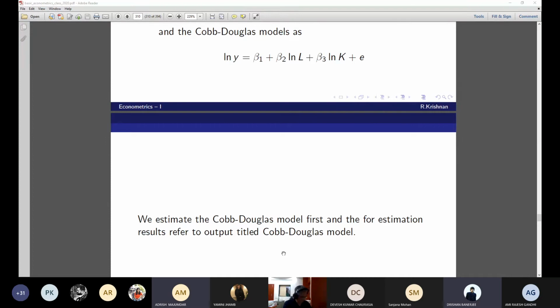No, log L is okay. Yes, sir, but the other ones are not. None of the T stats is significant. Correct. Yes, sir, but the F is significant. So F is not significant. No, sir, in the initial model, when we ran the regression, F was 521.88, and the significance level is 0.